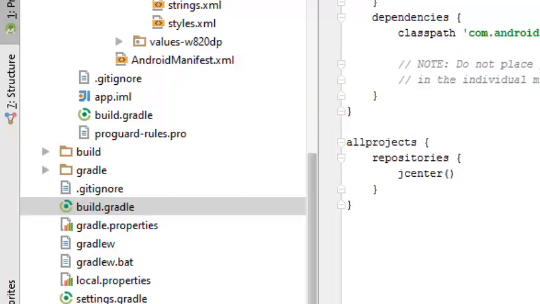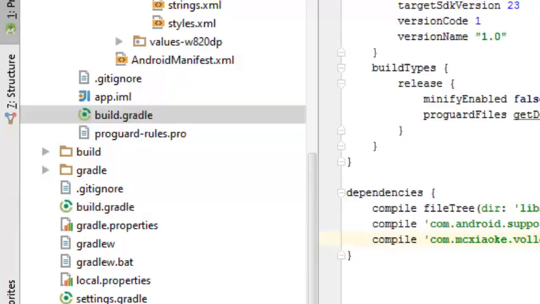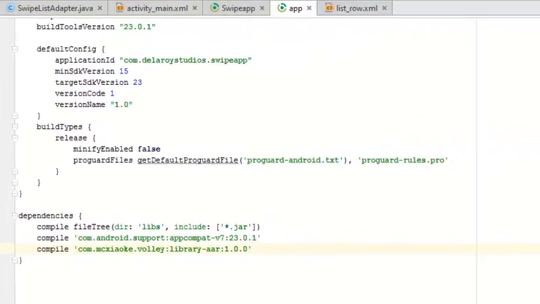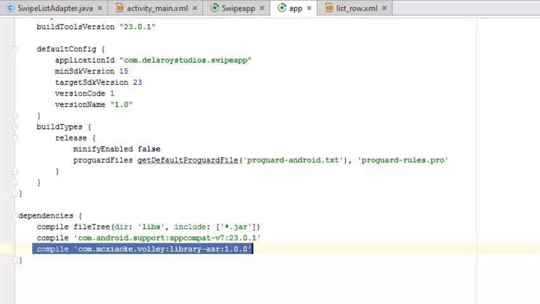We have two of it. We have one in the project directory. I'll share more light on this. Most importantly, before you compile this kind of application, you need to add this line of code: compile